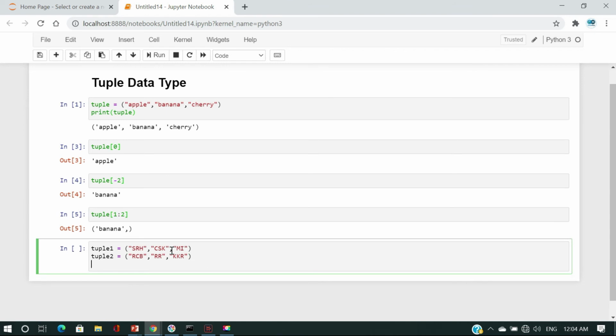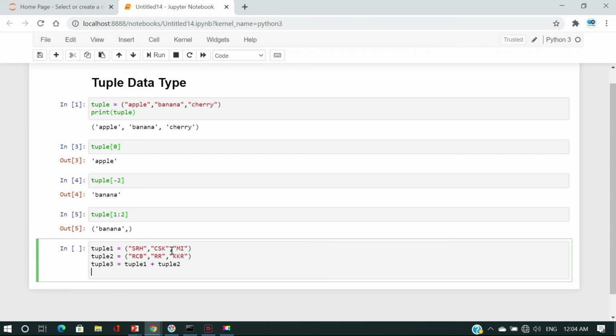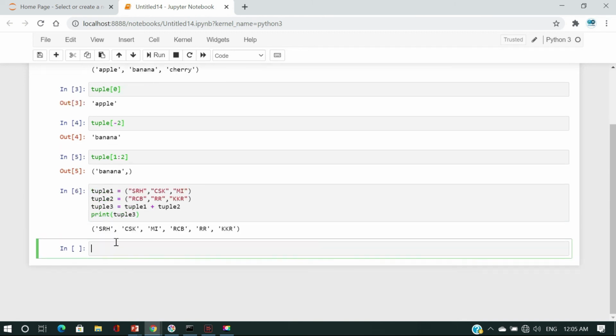We have to add them by using the plus operator. How? Tuple 3 will be created by adding tuple 1 plus tuple 2. Just print the tuple 3 value. Print tuple 3. Yes, all 6 values are combined.